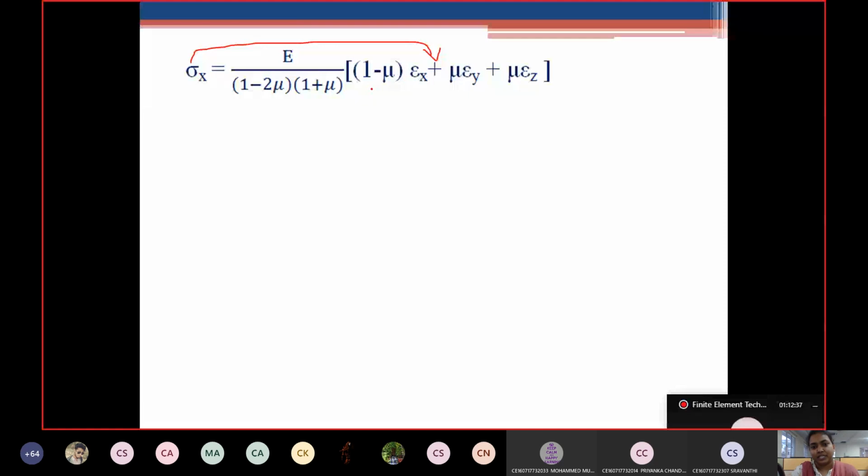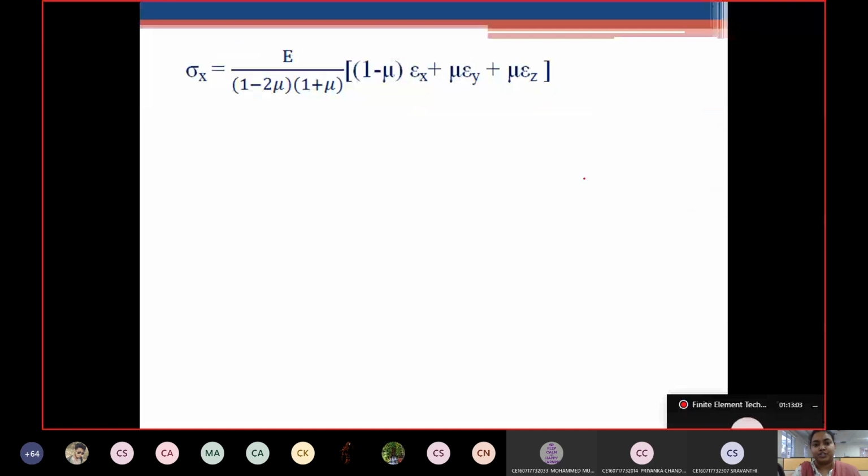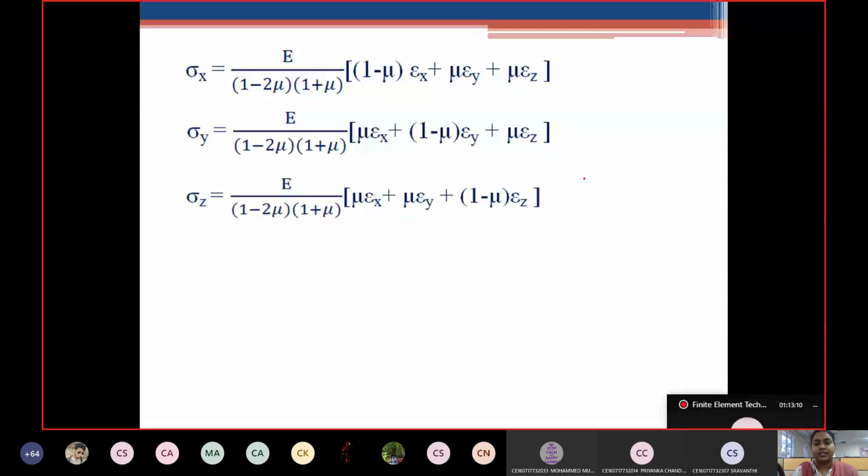As in the previous case, I'll try to give you a hint. Wherever the direction being considered is there, here it is x direction, for that respective normal strain we will have the multiplication of 1 minus mu. For the other two directions, we are going to have mu only. It is just a point to remember, okay? Don't think that madam has given you a shortcut that you can follow. So in such a way, this would be the equation in y direction and this would be the equation in z direction. Please note it down.